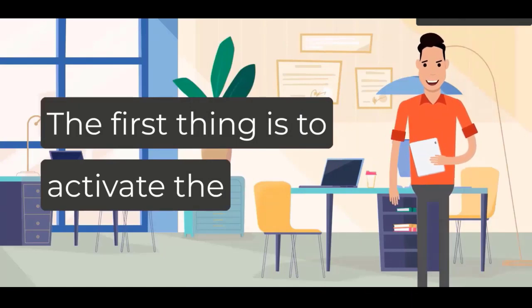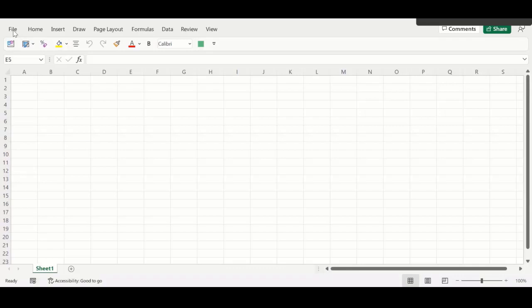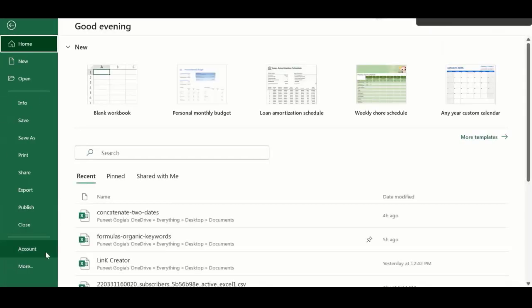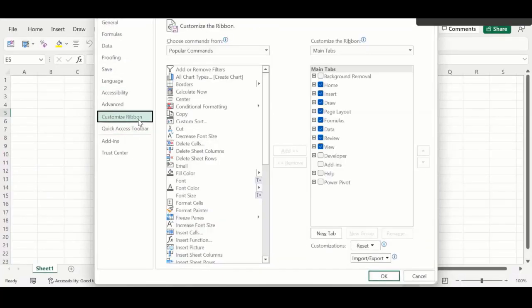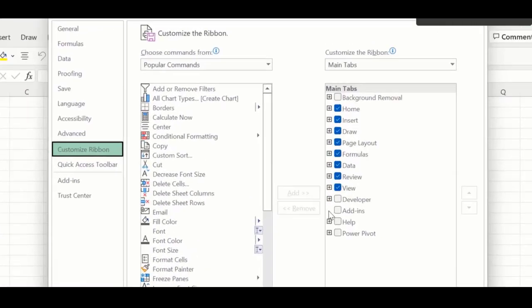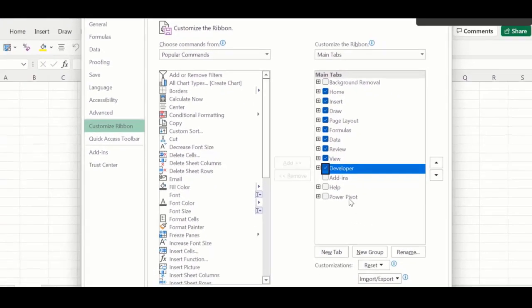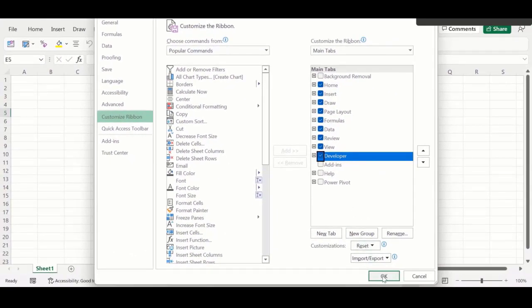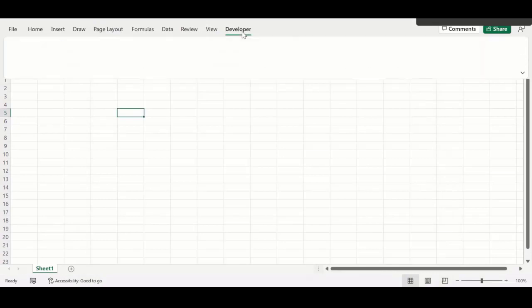So first thing is to activate the Developer tab to get that application. For this, I'll go to the File tab and then click on More and then Options. From Options, I will go to Customize Ribbon. Now from this Customize Ribbon, I will tick mark Developer tab. So I want to have Developer tab on the ribbon and then I'll click OK. So I have this Developer tab here, and when I click on this,